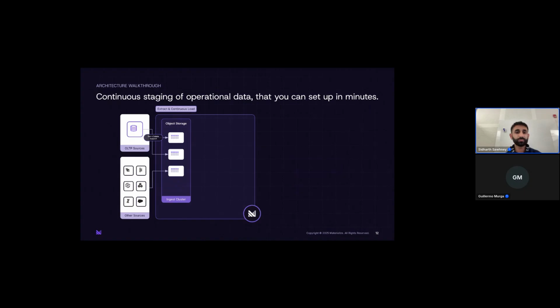This all ends up being stored in our persist layer, so it's stored durably. And really what Materialize wants you to focus on is not how much data you're bringing in. It's only the amount of data that we need to keep up to date, or that's actually important for your businesses to use.